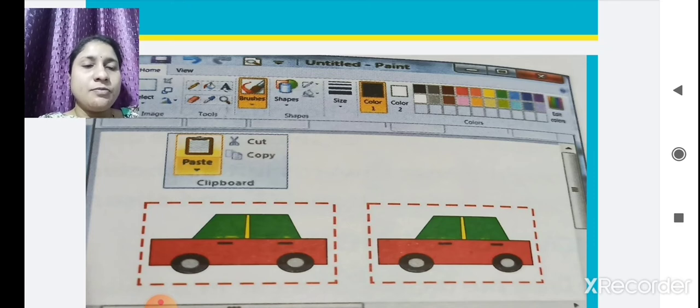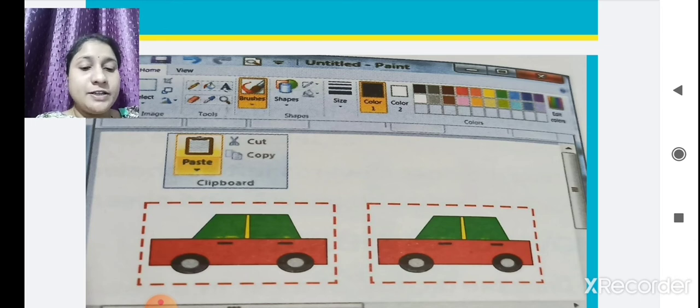Once you click on copy, the original will remain there, but after clicking on paste, the duplicate copy of the object appears on the top left corner of the drawing area. So you can see two cars here. One is the original and the next one is the duplicate. Copy is used for duplication.